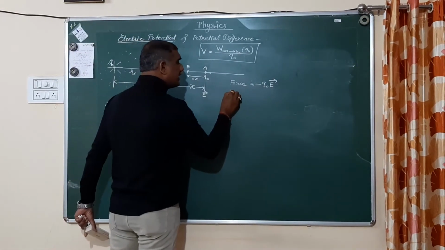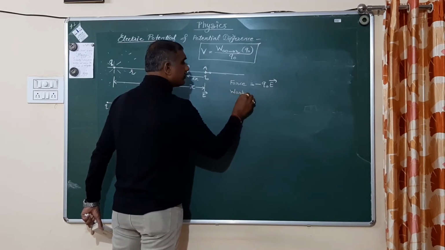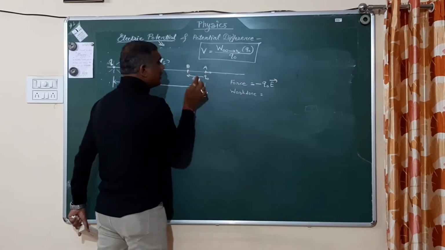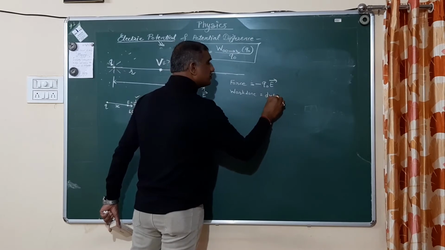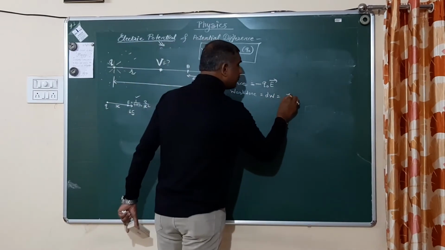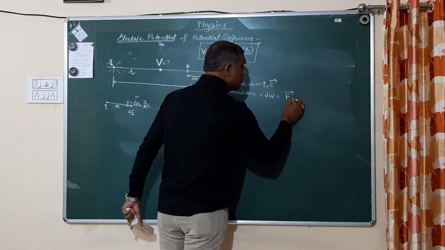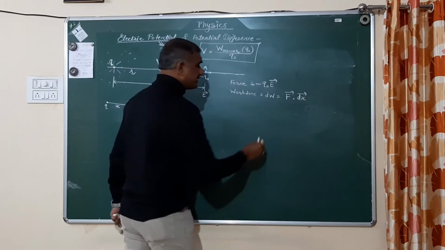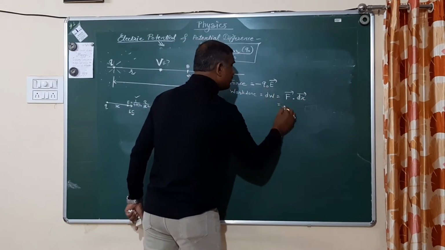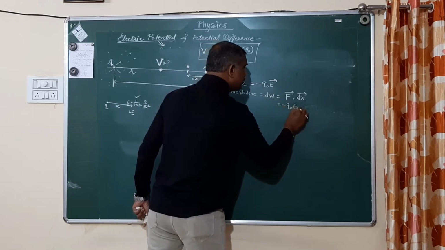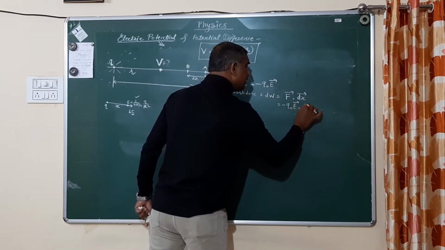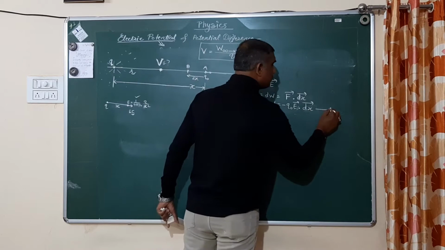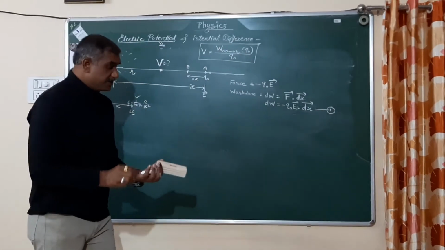Then after, work done in moving the charge from A to B. That small work done is denoted as dW, and that work done is exactly equal to force into displacement, or vector F dot vector dx. I have to put here vector F is equal to minus of Q0 into electric vector E multiplied by dot dx. You must remember this dW. This is your first very important condition.